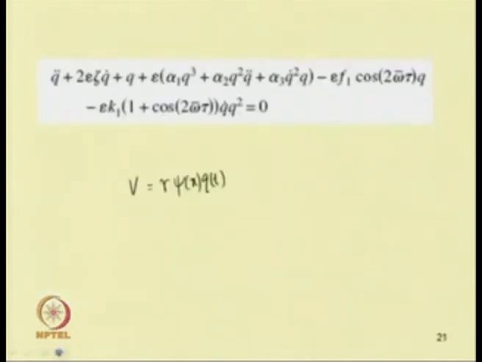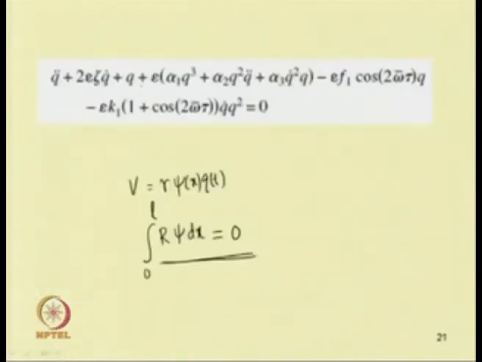To minimize that residue, we can integrate over the whole length. So, this is the residue, and let us multiply this by psi i, or psi, and integrate it over this domain. Now you equate it to 0. This will reduce this equation in space and time to that in the time domain.